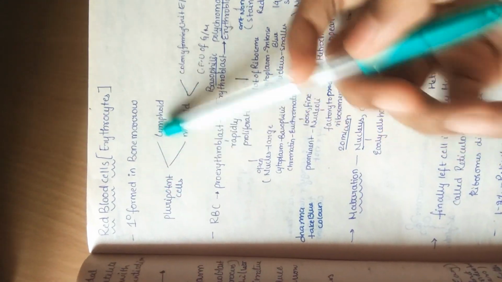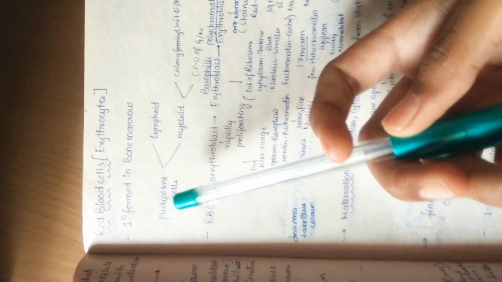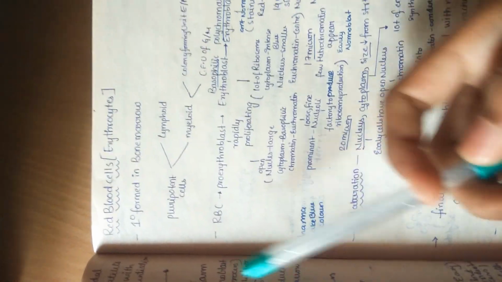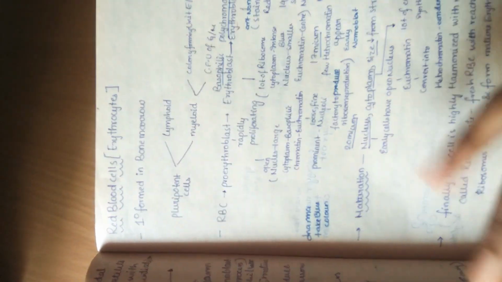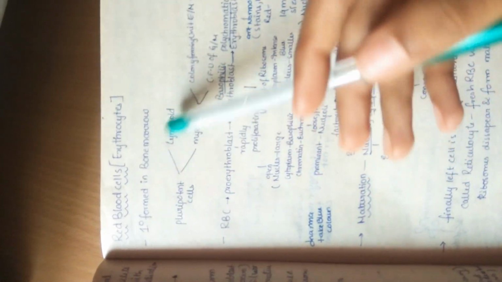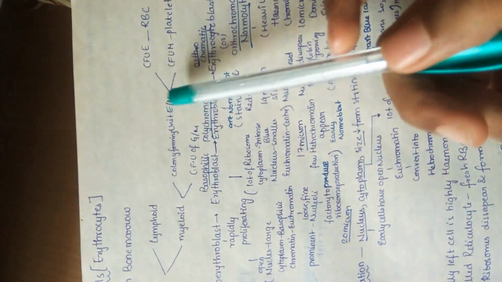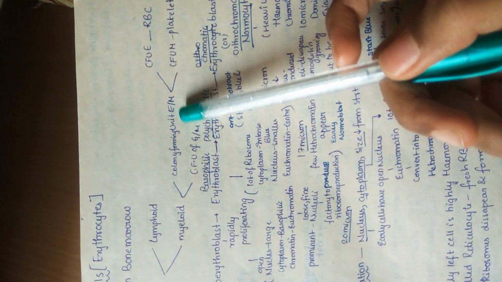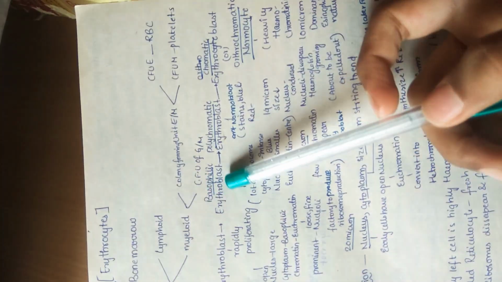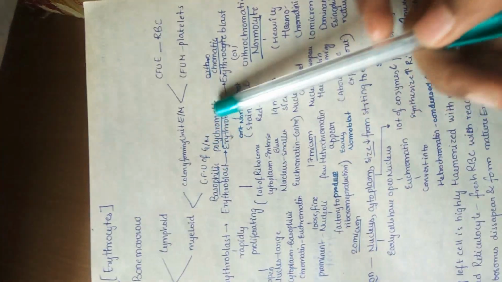So red blood cells are also called erythrocytes. Primarily they are formed in the bone marrow, because bone marrow is a major house for our red blood cells. So from there they come out. How are they formed? First, the pluripotent stem cells are divided into lymphoid and myeloid. These lymphoid and myeloid are multipotent stem cells. So pluripotent to multipotent, and from multipotent to colony forming units. There is a colony forming unit for erythrocytes, megaloblasts, and a colony forming unit for granulocytes, monocytes.